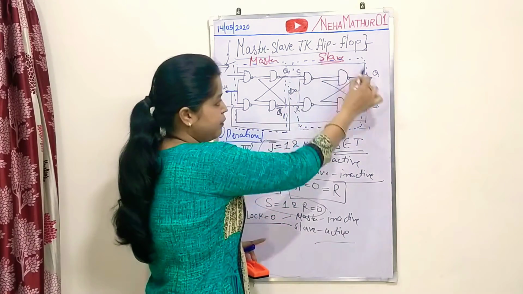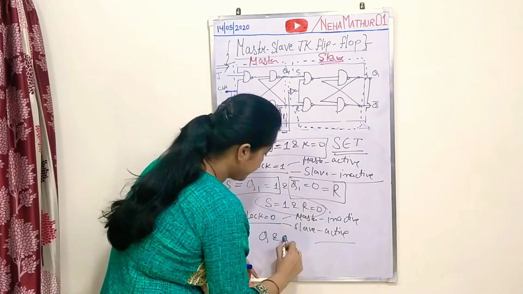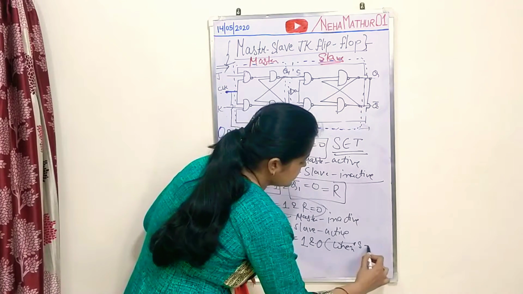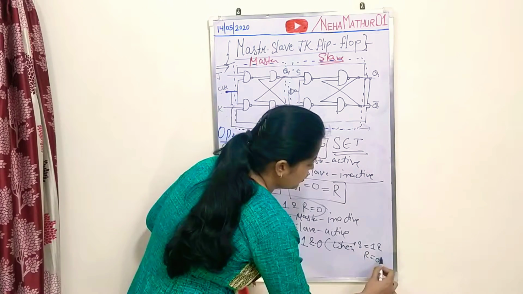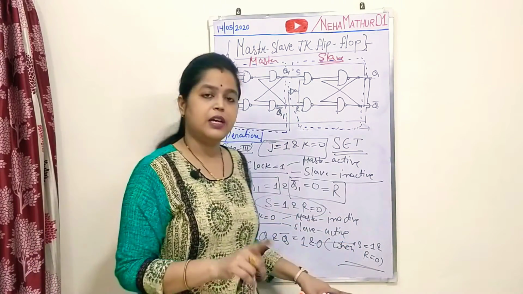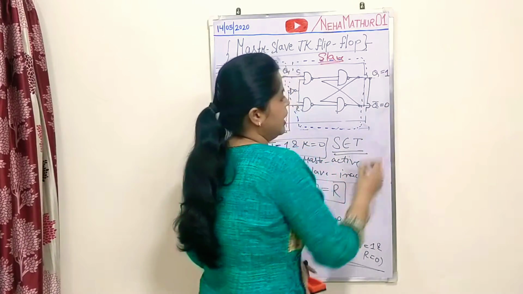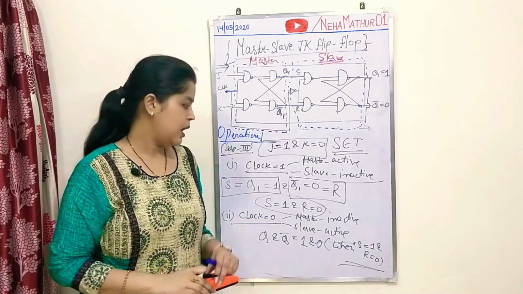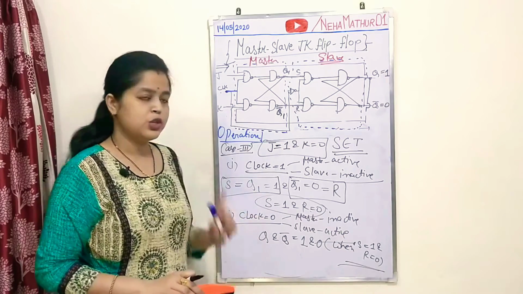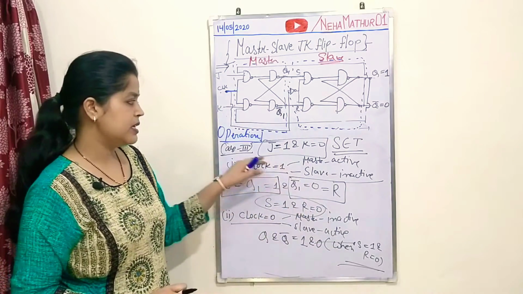So SR flip flop with its input 1 0 will provide Q and Q bar as 1 and 0, when S is equal to 1 and R is equal to 0. That means again the concept of SR flip flop with set state. So again now you will have Q equals 1 and Q bar equals 0. So again I am using the concept of JK flip flop and SR flip flop in set state. So this will be the output for this case.